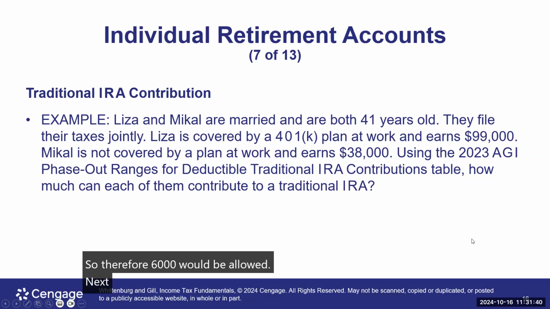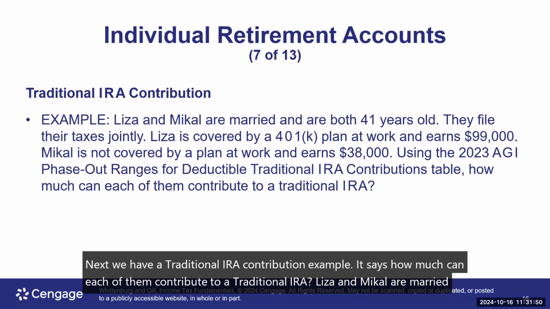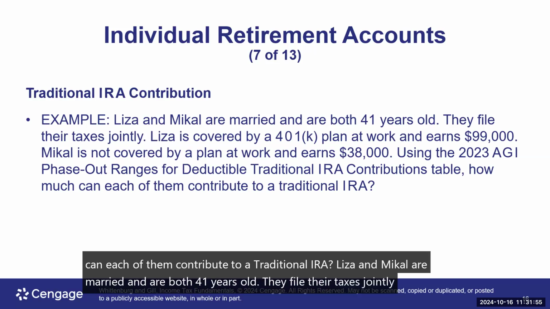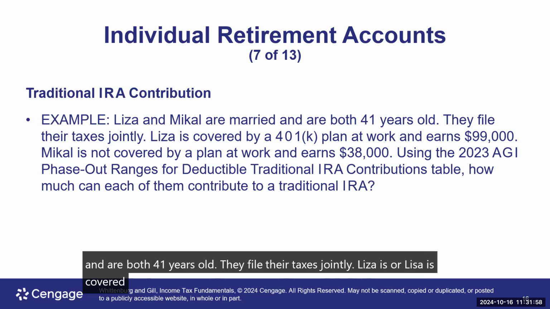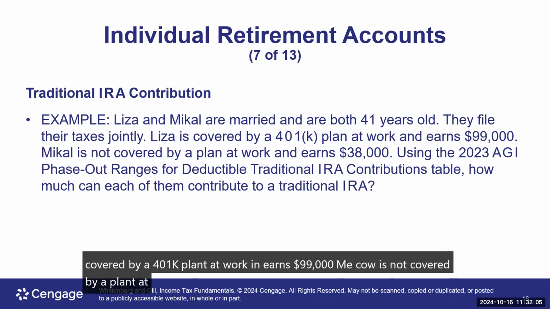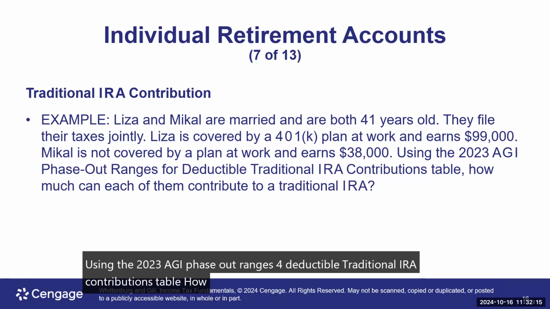Next, we have a traditional IRA contribution example. It says, how much can each of them contribute to a traditional IRA? Liza and Mikhail are married and are both 41 years old. They file their taxes jointly. Lisa is covered by a 401k plan at work and earns $99,000. Mikhail is not covered by a plan at work and earns $38,000. Using the 2023 AGI phase out ranges for deductible traditional IRA contributions table,